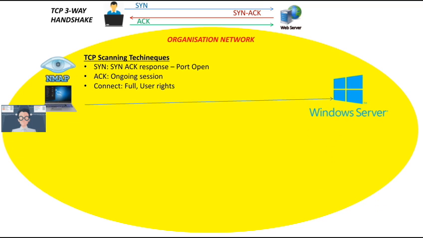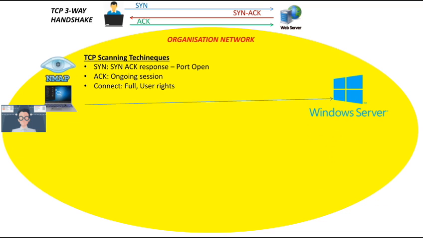The third type of scanning technique is the Connect scan. So in TCP Connect scan, the penetration tester does not have full rights on the system, so he cannot craft special packets or special segments. Therefore, he has to carry out a full TCP connection instead of leaving a half-opened connection like SYN